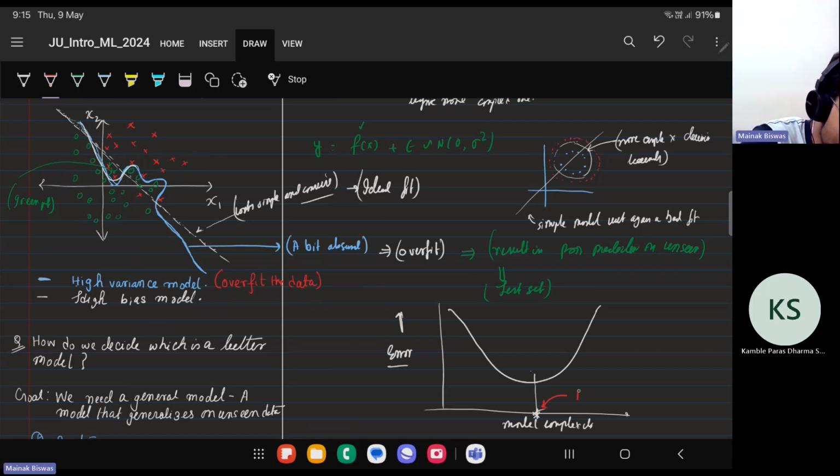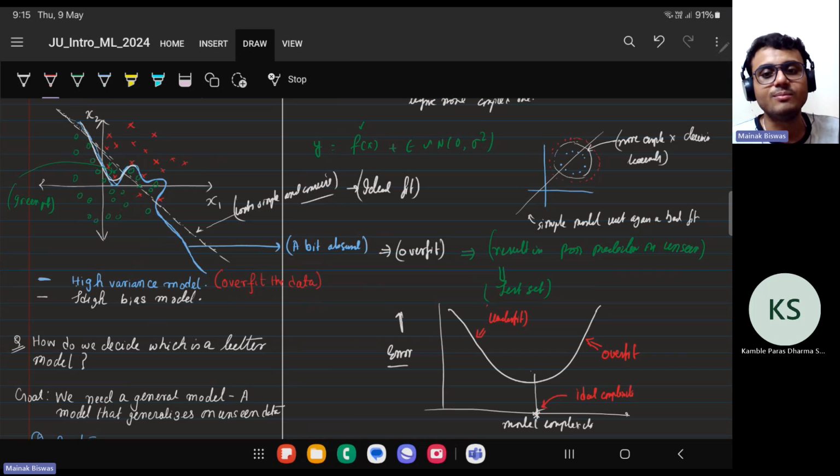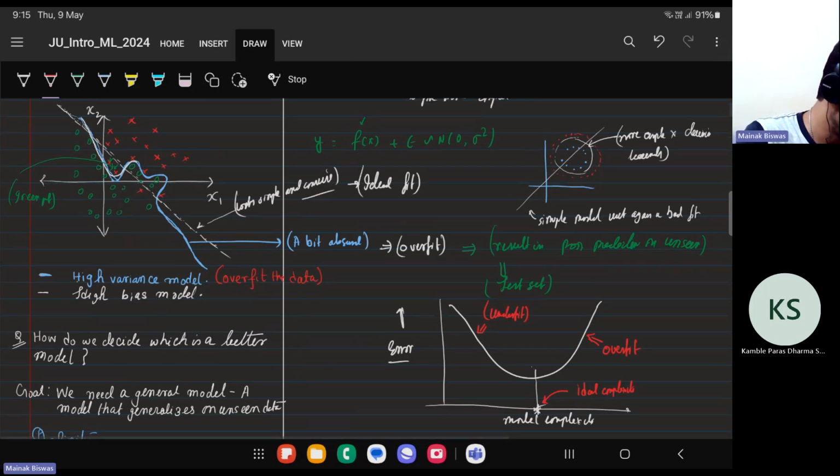So this is the ideal complexity. Anything above this for the model is known as overfit. Anything below this is known as an underfit. And for the next 30-40 minutes, we'll be trying to understand what is an overfit versus what is an underfit. Okay,